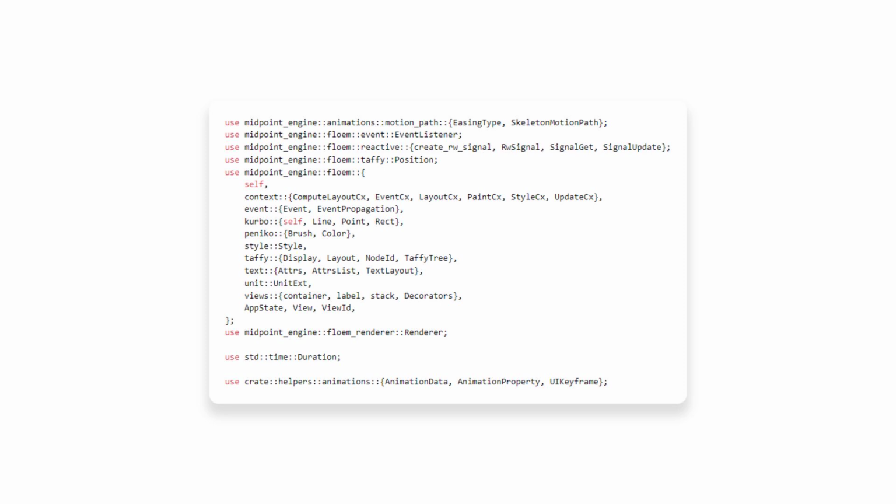Midpoint engine Floem. This module contains various submodules for handling events, reactive programming, layout, painting, styling, and UI views, indicating a comprehensive framework for building interactive applications. 2. Event handling. Event listener and event propagation suggest functionality for managing user interactions through events, clicks, movements, etc. 3. Reactive programming. Create RW signal, signal get, and signal update denote a reactive signal system for managing state changes